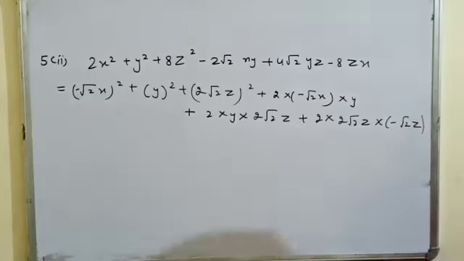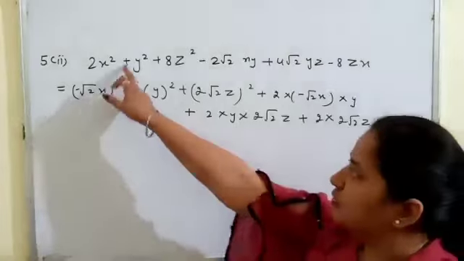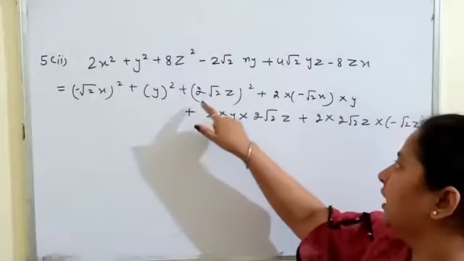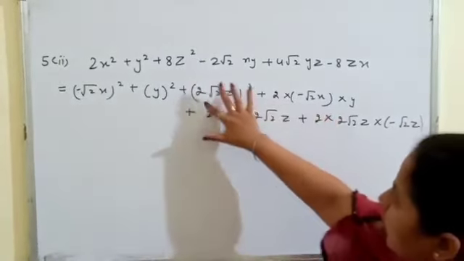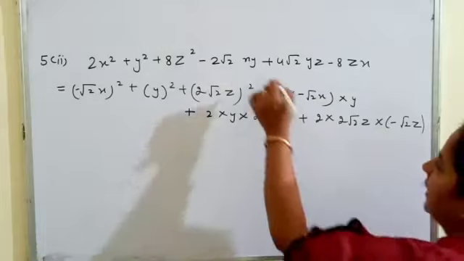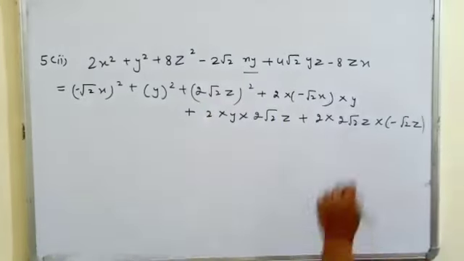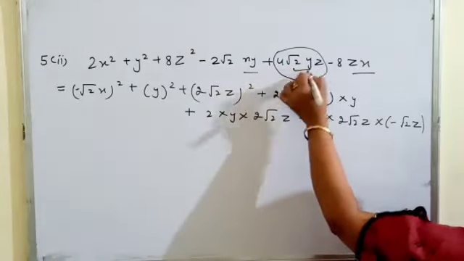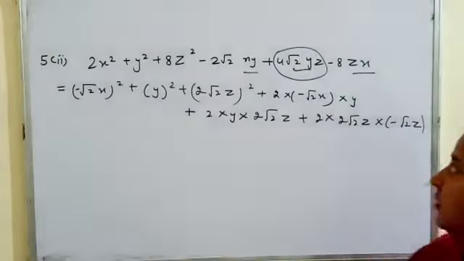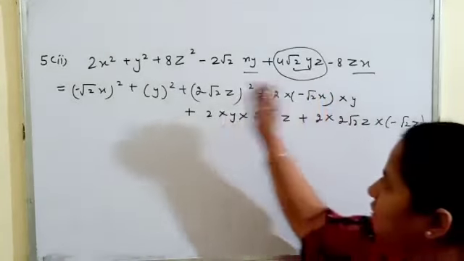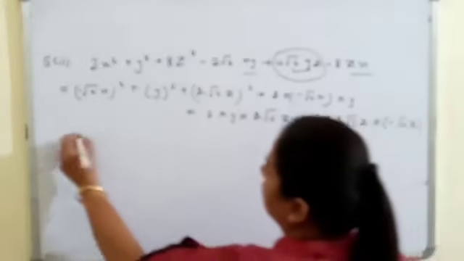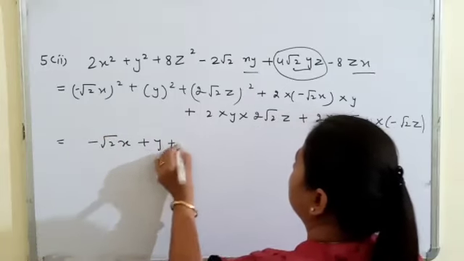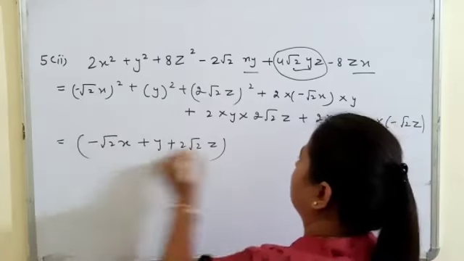Now this is the factorization arrangement for the 2x, that is the minus root 2x y square 8z square. We can write 2 under root 2 z square, 2 under root 2 z. You can see here x and y, they both are having the negative sign. Z and x is also negative. X and y, these two variables are positive. Product of these two are positive. So shift the minus with the x. So this is the root 2x plus y plus 2 root 2z whole square.